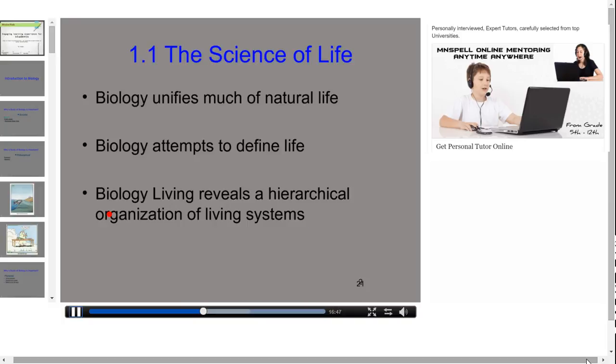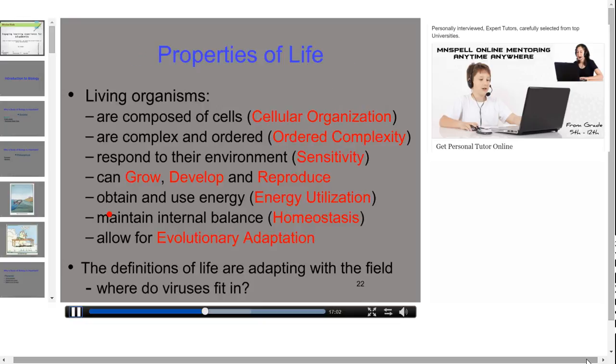Moving on to the science of biology. Biology is one big branch of science which unifies much of natural life. It attempts to define life and reveals a hierarchical organization of living systems. Right? As we are familiar with the formation of cells, tissues, organs, organ systems, organisms, and into the final